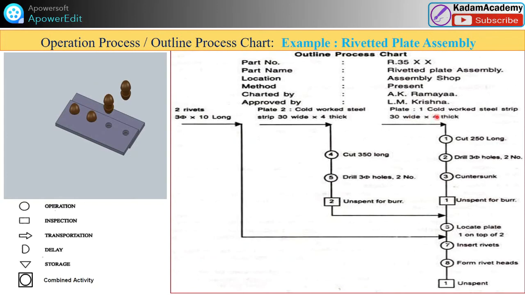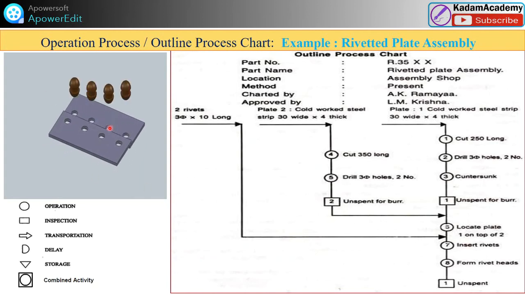Here plate 1, cold work for plate 1, plate 2 and rivets. Details are given. For plate 1, which process are we doing? The cut, drill, countersink, and deburr, and again it will be here. Plate 2 is collected here. Locate plate 1 on top of plate 2, and again the assembly of this I've shown in this diagram.